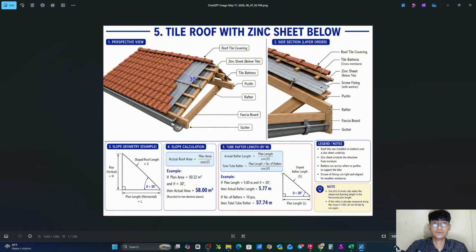First one is how to do a quantity takeoff of the zinc, because as you can see there is a slope, for example 30 degree. Based on our drawing, it's only the horizontal plane, so we need a formula to get the actual slope based on our design. The zinc below the roof tile is the same thing. We will get the total area with the slope 30 degree, and also beside that there will be a